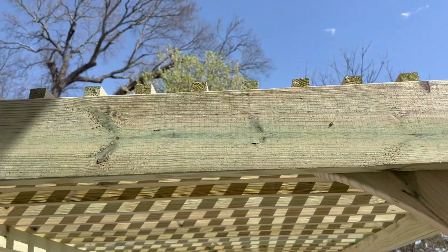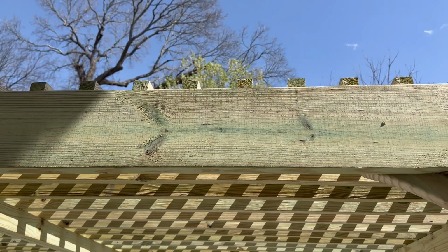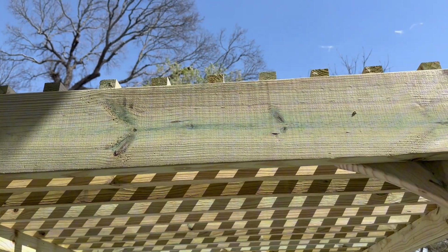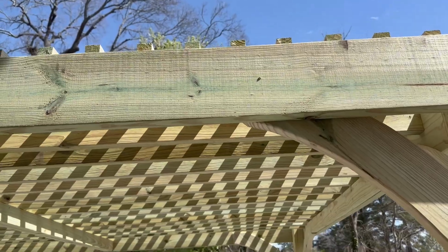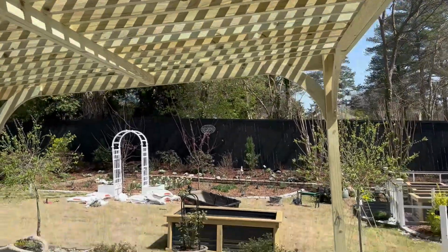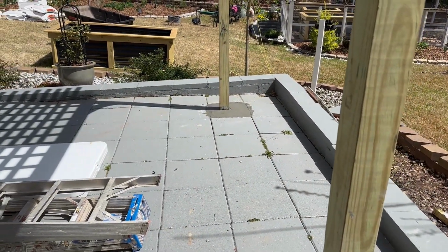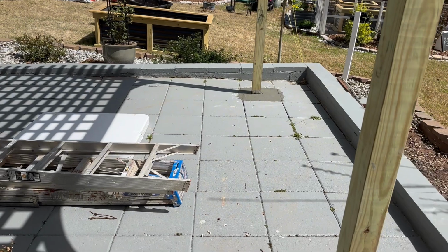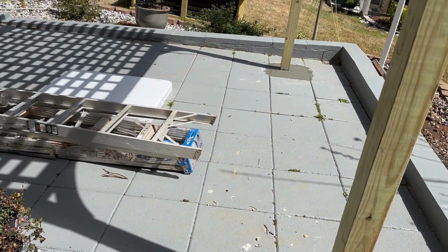Where the rungs are, he's capping those off so you cannot see the rungs. And then this will be finished, and then I can start getting the courtyard cleaned up and get all those weeds that are growing in there out, and put a fresh coat of the stain on here, and then start